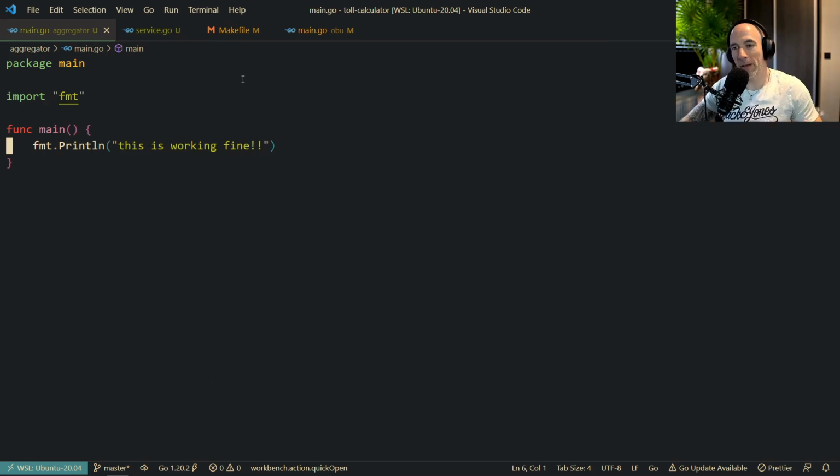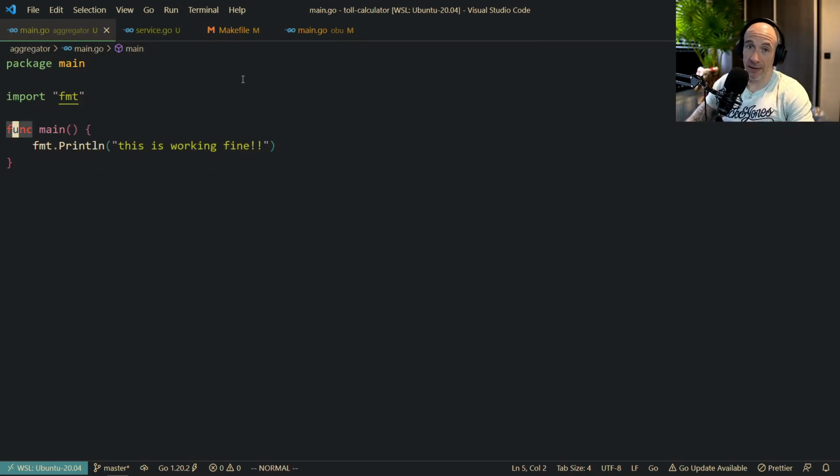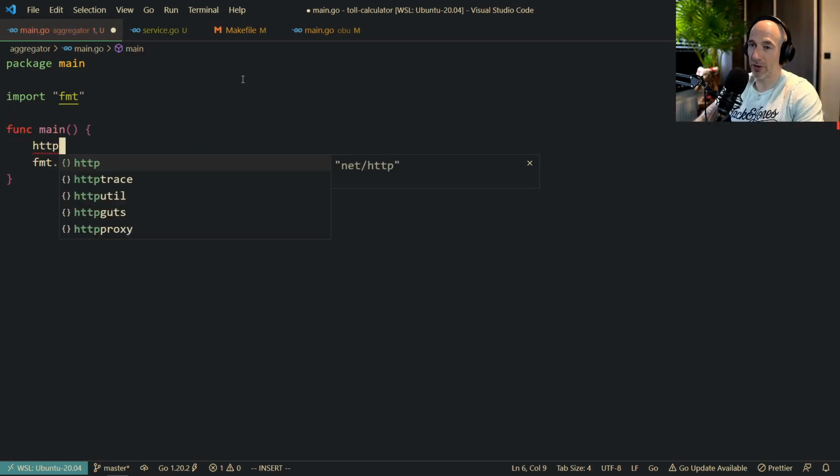That's something, a minus point I think on VS Code is searching stuff, but hey. So what we could do, first of all, we're going to make a transport, right? That's the first thing we're going to do. And we're going to start with our JSON transport. So what do we need? Very simple. We're going to say HTTP